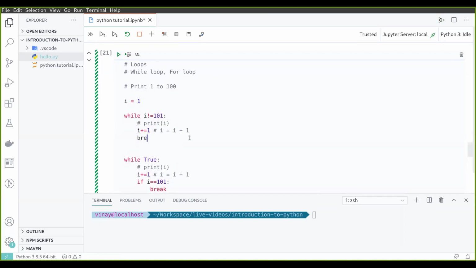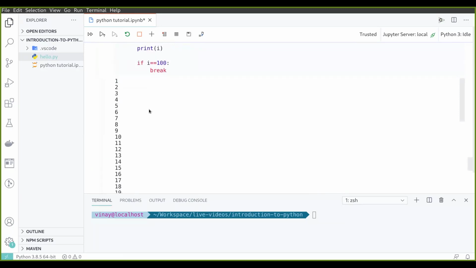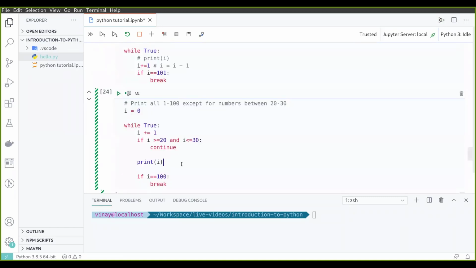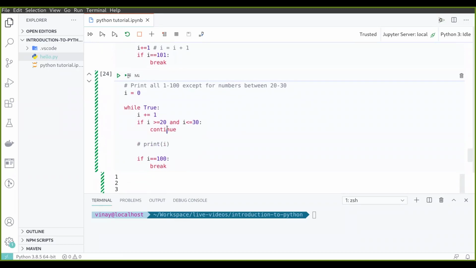So we forgot to add a break statement here. So we simply run this code again, and now we'll start this code again. We can see that we're printing 9. Okay, that is fine. Then after 19, we are not printing 20 to 30 numbers, and till we reach 100, we are printing all of those. So that means that our code is working fine. So let us just not print for this moment. So you might have understood what this continue and break statement is about, also the while loop.